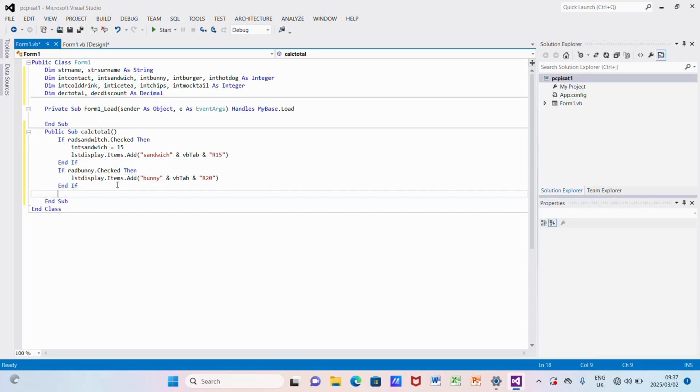Guys, we are dealing with the radio button. The reason why we are using if and if and if without using the else if, those other styles, is because it's a radio button and only one radio button can be switched on at the same time, unlike the checkbox that can be selected as many as possible at the same time. Okay, so if radio button that is carrying burger, it's checked, then